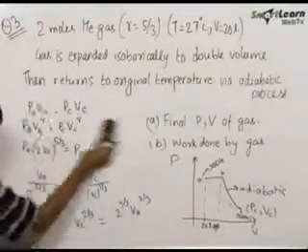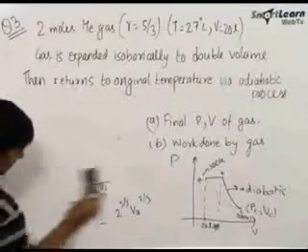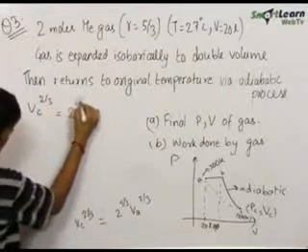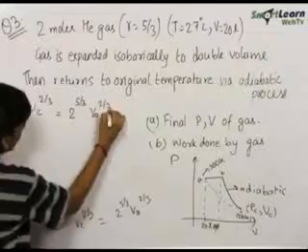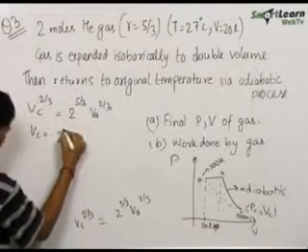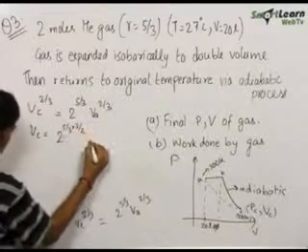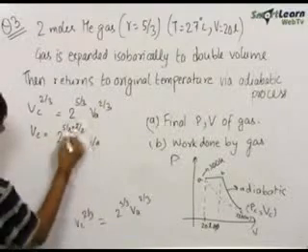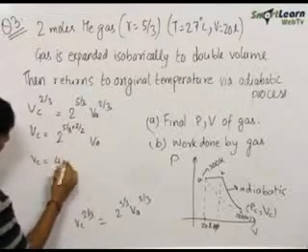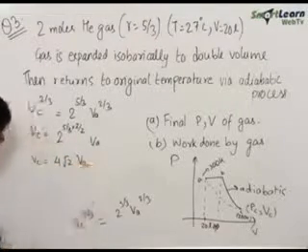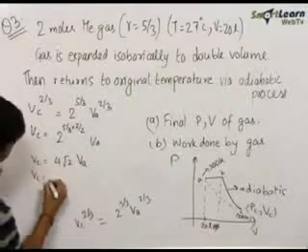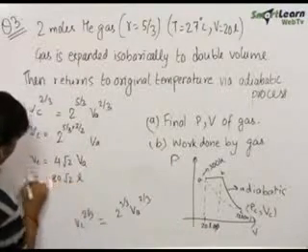Therefore we get the value of VC in terms of VA, that is VC raised to the power 2/3 is equal to 2 raised to the power 5/3 into VA raised to the power 2/3. So now let us take power 3/2 on both sides to give us VC is equal to 2 raised to the power 5/3 into 3/2 into VA. This gives us VC is equal to 2 raised to the power 5/2, that is equal to 4√2 times VA. Now the value of VA is given to be equal to 20 liters, therefore the value of VC comes out to be equal to 80√2 liters.